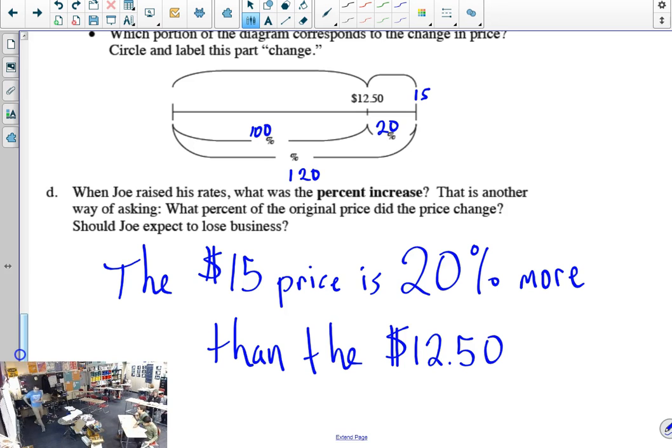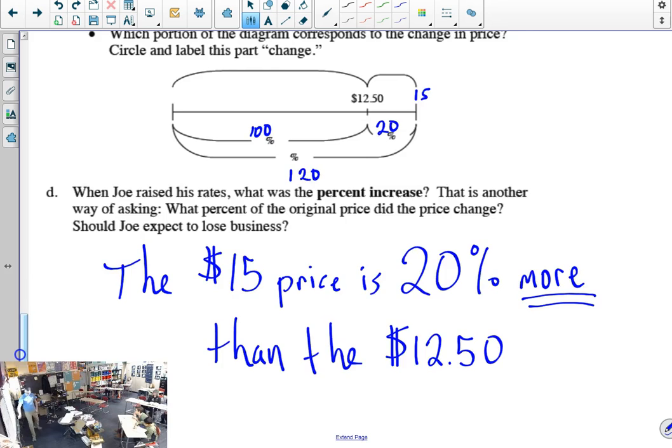Cool? So you know how you said you could just simplify to 20% since it increased by that? But if you converted 20% back to a decimal, it'd be smaller. So the 100% that we have is the initial charge that was already there. If you say the new price is 100% of the old price, it's the same. If you say the new price is 100% more than, that would actually be going up by 100%. So by us saying the $15 price is 20% more, that's why we're not using the 100.